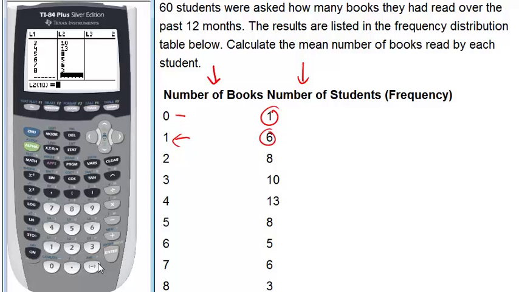Now that all of our data has been entered into 2 separate lists, we can calculate what the mean is. Go back to the home screen, and this time we're going to do second stat, so that we're in list, and scroll to math, and then scroll down to mean or click 3. And we're going to calculate the mean of list 1, comma, list 2. And when we do that, we get our answer is 4, and that is the mean for these 60 students,